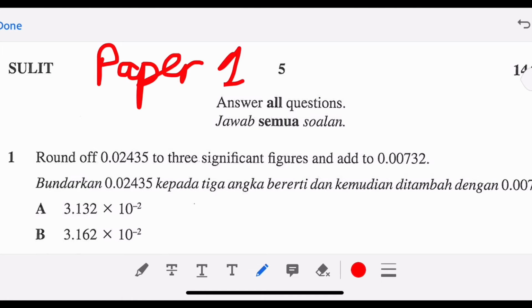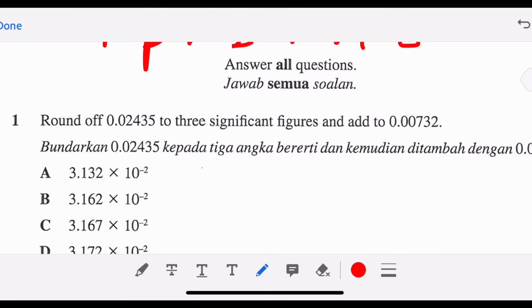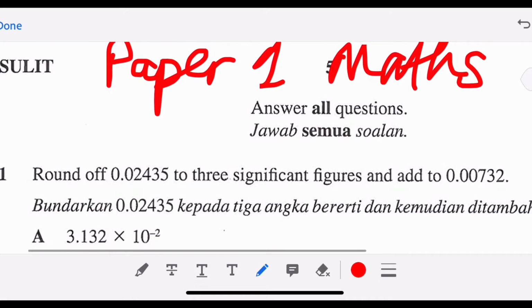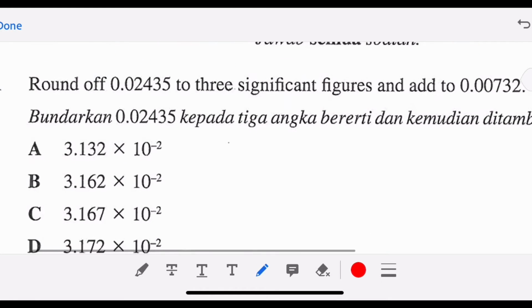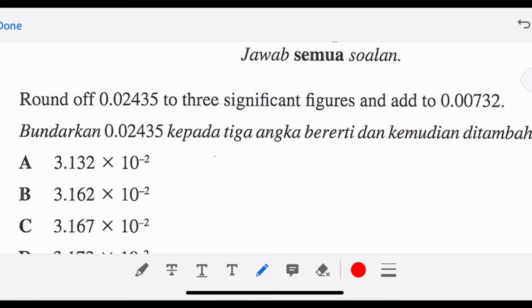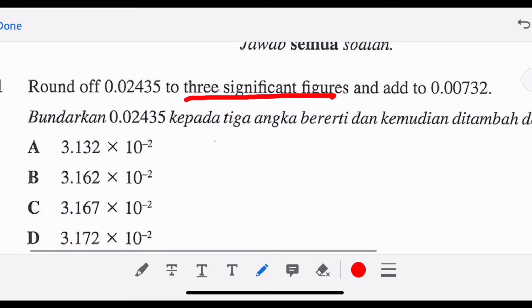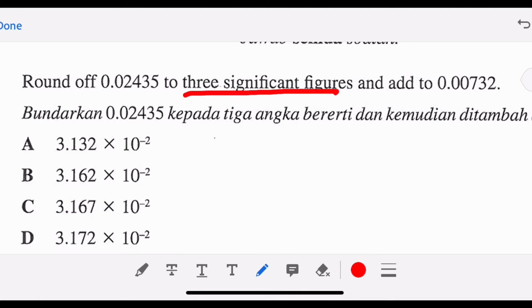Okay, this topic you learn in your lower form, right? Significant figures. So you have to revise before you go for your final exam. Round off to 3 significant figures and then add 0.00732. So first of all, we highlight the keywords: 3 significant figures. So by looking at the number given,